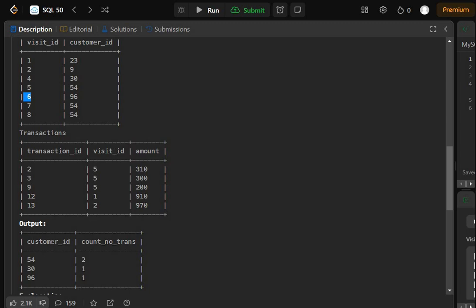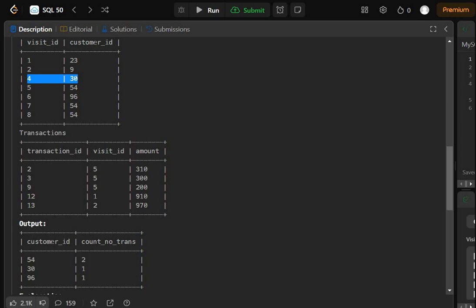So the count is 1. Fine. This is how we are going to crack it. The count is 1. Now coming back to customer ID 30. This customer also visited the store because it also has a visit ID, but this customer does not have a transaction ID. So the count of number of transactions is 1. Okay, because this customer visited but did not make any transaction, and this customer only visited once because it has